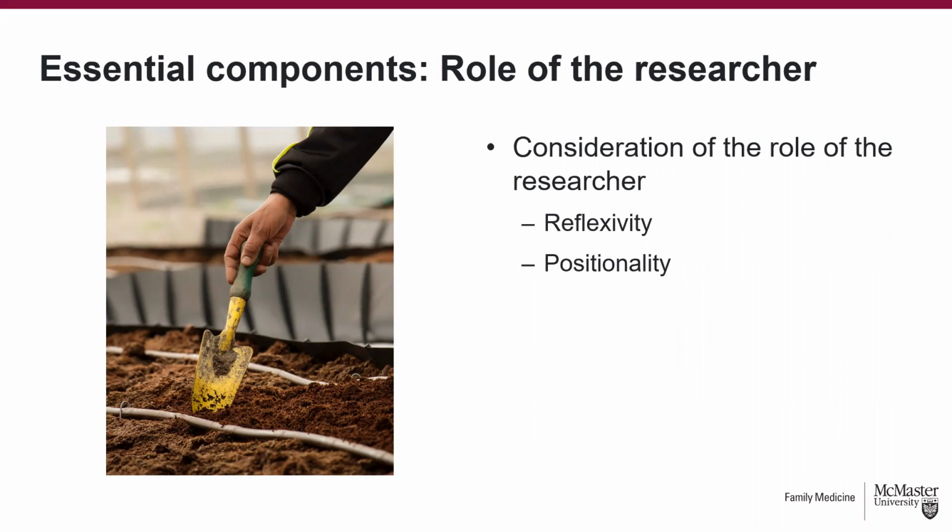So most qualitative research approaches understand that the researcher is the instrument of the research. And so there's very clear guidelines about how to consider the knowledge that is co-created between the researcher and the participants, and instructions about examining the influence that you as the researcher have on the knowledge that's generated. There are a few qualitative methodologies that take a more post-positivist approach and instruct the researcher to sort of bracket out their influence on the work. And that's more closely aligned with how we think of the role of the researcher in quantitative research. But it's atypical. There's just a few qualitative approaches that use that.